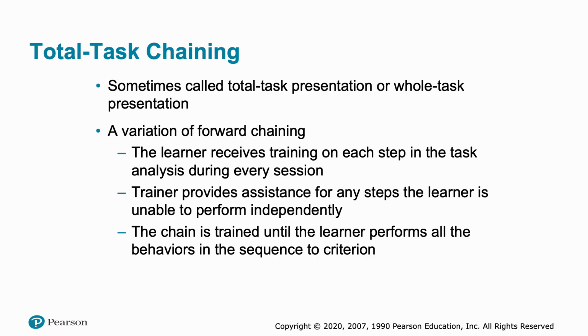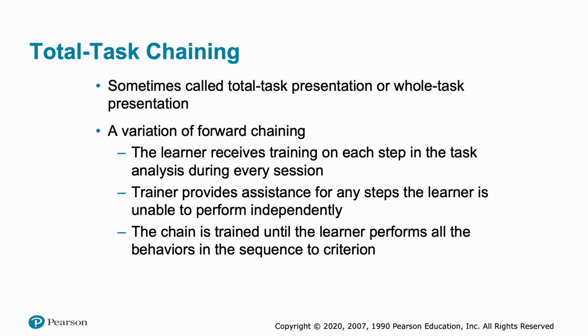So again, total task chaining is a variation of forward chaining, except that with total task chaining, you're going to work on the entire steps, all of the steps at once. The entire task analysis at once, okay? And the learner is going to receive support with the particular steps that they need support with, and then the ones that they can be independent with, you'll allow them to be independent with those, okay? So it's fairly straightforward, and I think,